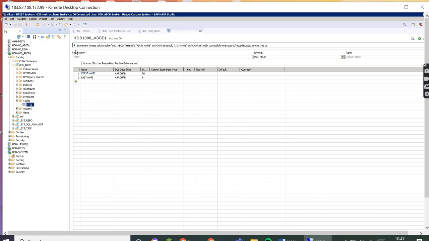If we use SQL, like create table, table name, htest, and then the field names, the type of the character and the number of digits it holds, then it will become a design time object. Then we can transport this table from quality to production as well. Just an example.